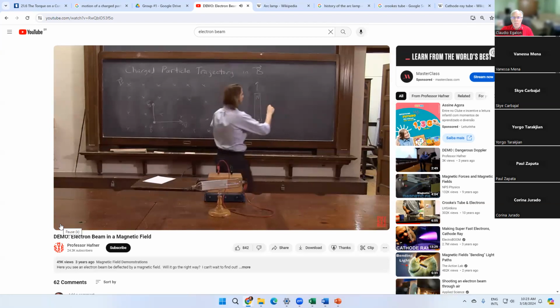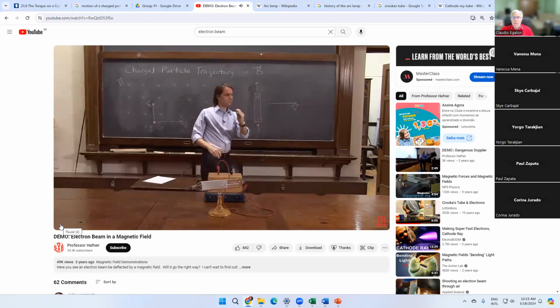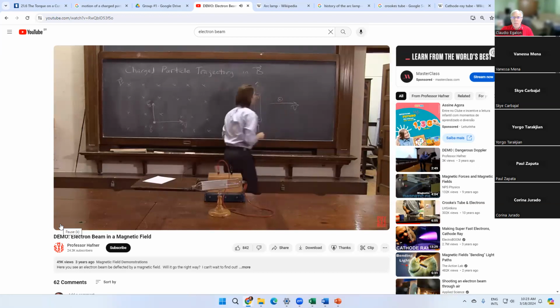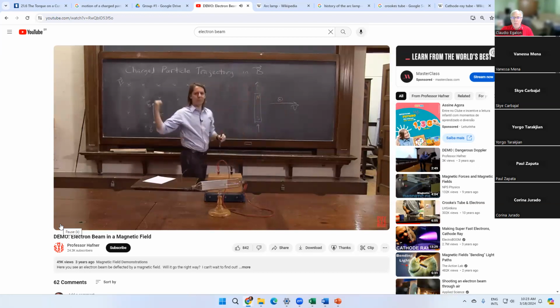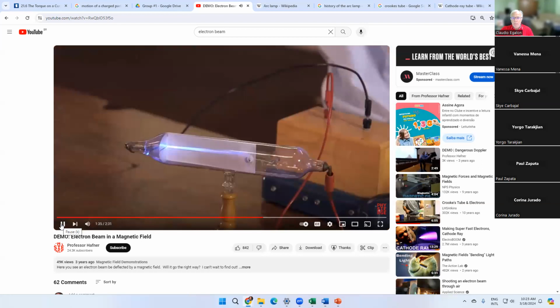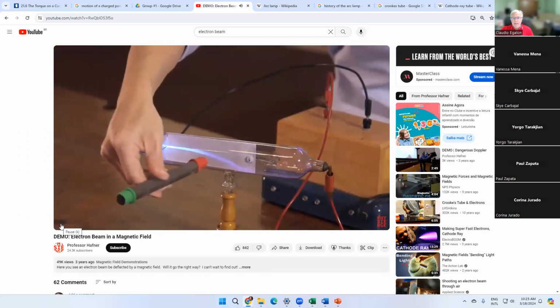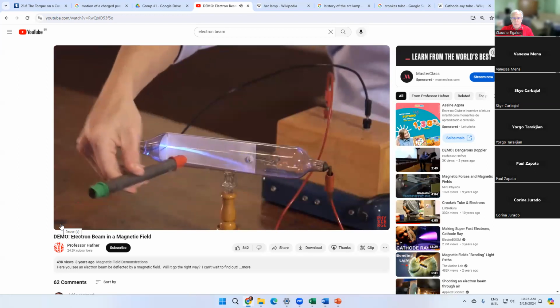We have the beam going this way, and I'm going to bring this pointing in, so we're going to have a B field like this. So V cross B is the same as this. It should be up. So let's see what happens. There's our beam, and I bring in this magnet. Oh, okay, there's the deflection we hoped for. See the deflection? Down. It's down.